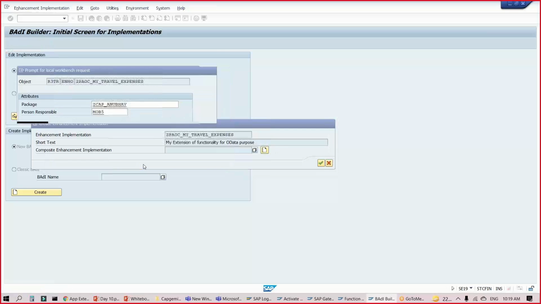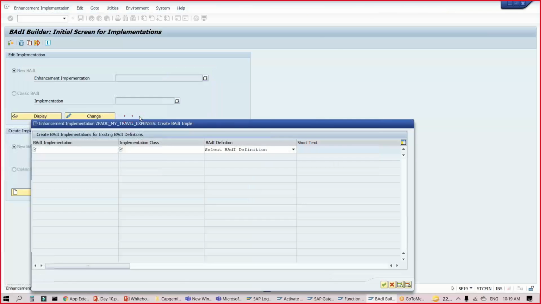We put it inside our package and lock it in a transport, so everything is grouped inside our package properly. Here we will provide the implementation name and implementing class. So now we can provide a new name for our BAdI implementation.